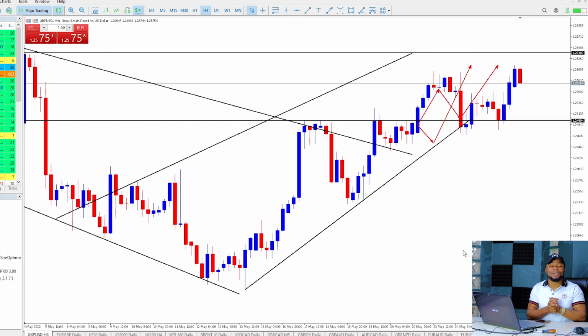Guys, so you see, trading sometimes is not magic. Trading is simple if you want to make it simple. That is why I always say keep it simple, stupid. Keep your trading very simple, because you don't see me going to TradingView and putting one indicator telling me to buy, another indicator telling me to sell, another indicator telling me to stay out of the market. So I don't have all that confusion. Everything I need is on this particular time frame.